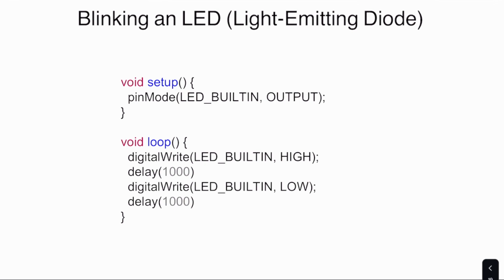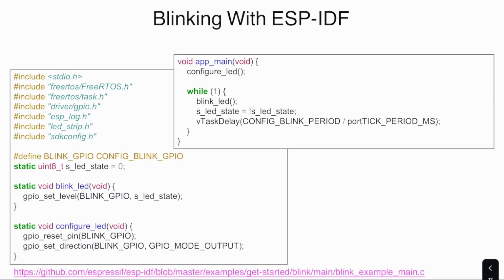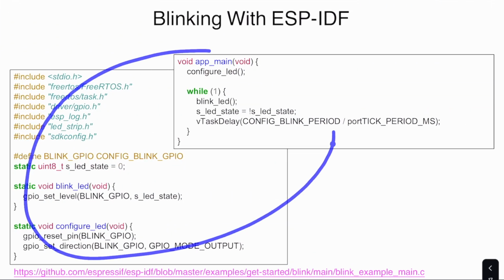So you can see in the setup here, we set the LED's pin to be in output mode. And in the loop, we set it high to turn it on, delay 1 second, so it's on for 1 second, set it low, delay 1 second, so on for 1 second, off for 1 second. Comparing this code to what we saw a few slides earlier, that is what they're trying to do, is basically shrink this down